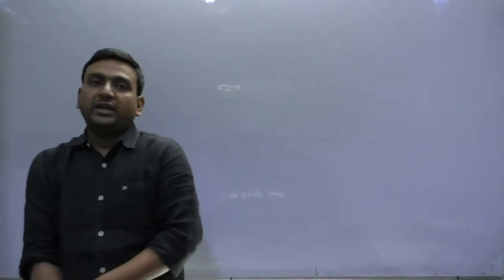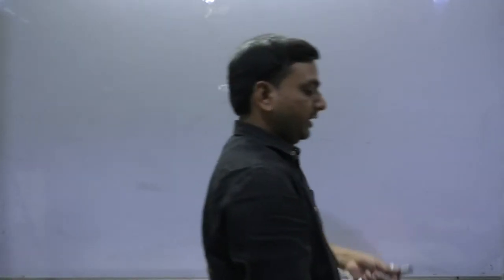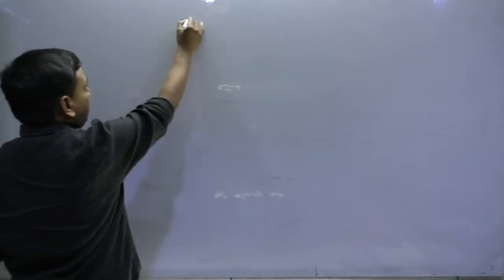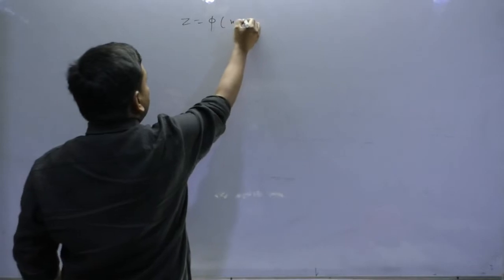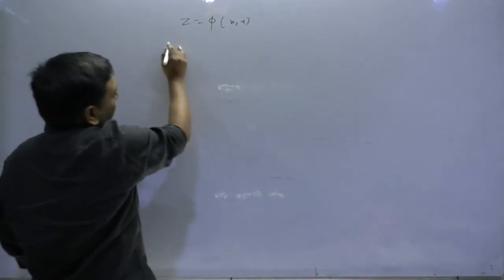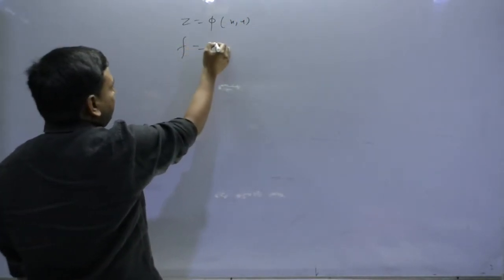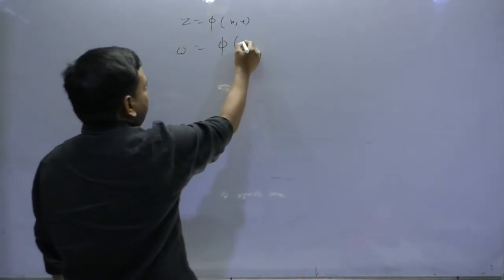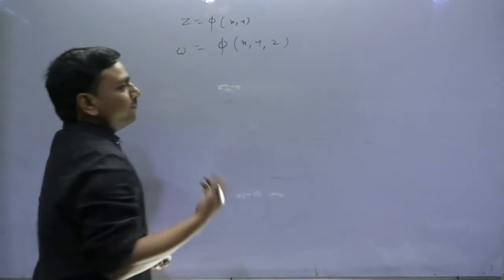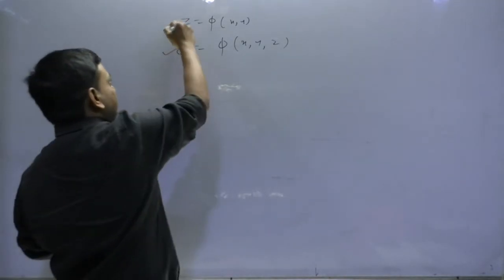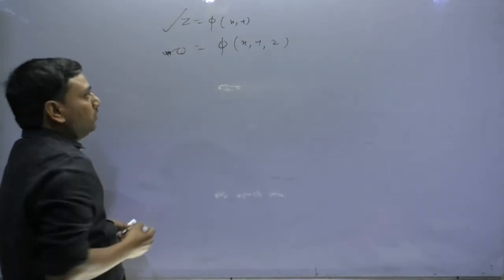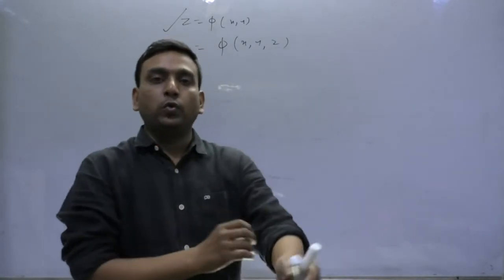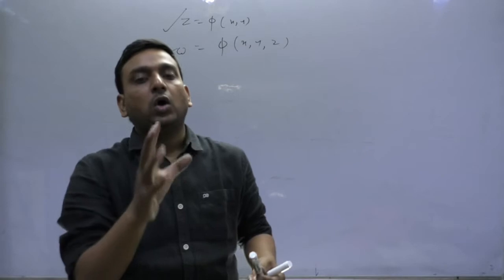Yeah, in the same manner, टेलर्स के सहारे ही अभी तो functions of two variable, z was the function of two variable. Suppose that we have another function that is f or whatever w, and that is a function of x, y, z, three independent variables. Okay, this we have discussed. Now this we want to discuss. In this case, what we need to do to get a maxima or minima.